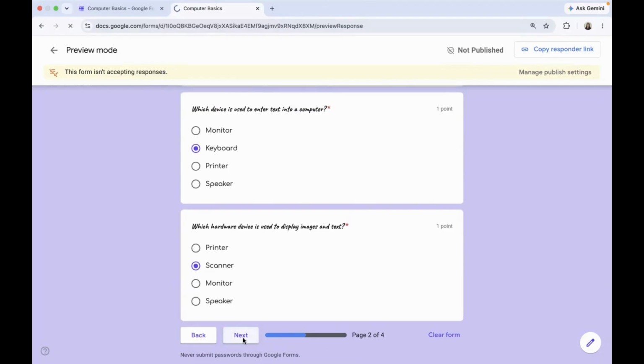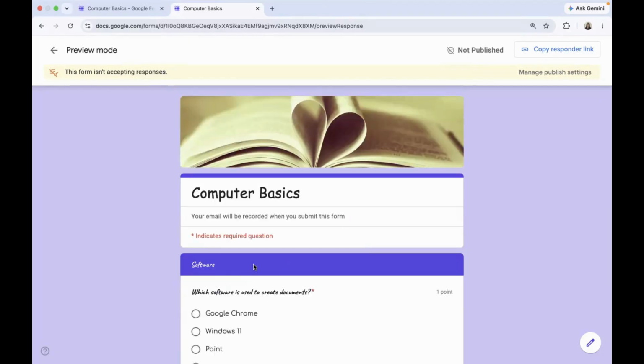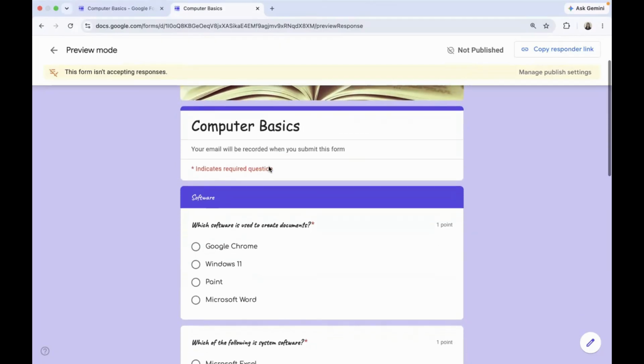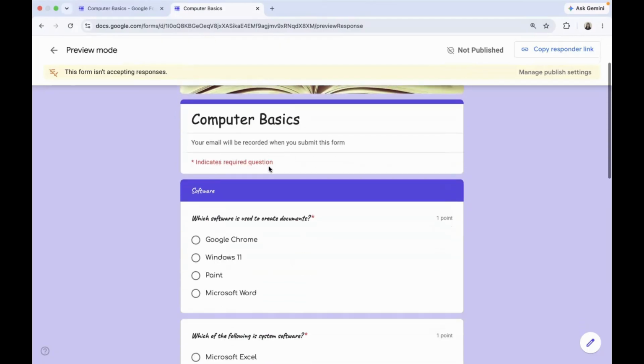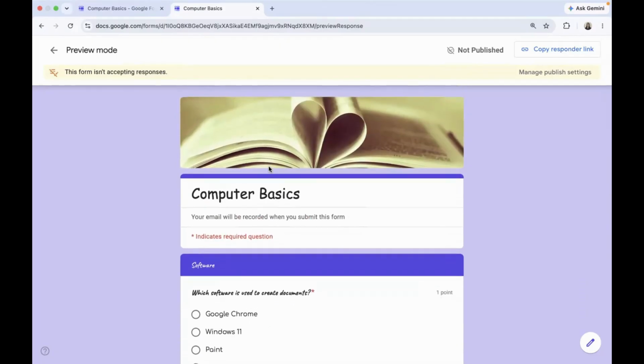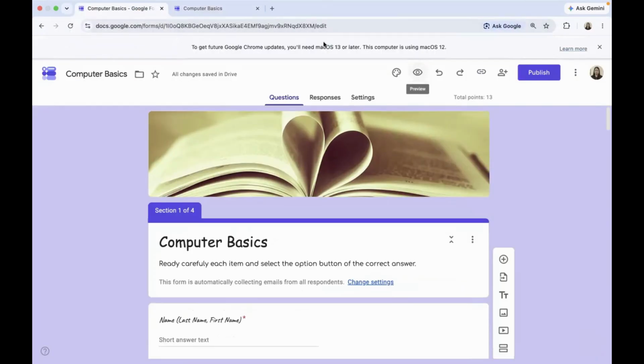So that's about the preview button of your form. It will not affect anything; this response will not be recorded because I didn't finish it and the form is not yet published. Okay, so let's now continue.